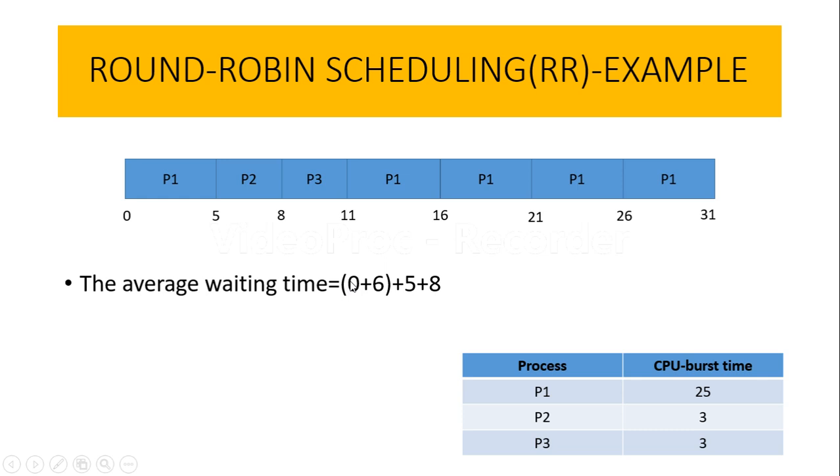Afterwards, till the 11th millisecond P2 was waiting. Till the 11th millisecond means after the 5th millisecond till the 11th millisecond. So what exactly you have to do is 11 minus 5. That's why here I have written 6. So the waiting time for P1 will be 6 milliseconds. So now when you calculate the overall average waiting time for P1, P2, P3, it will be somewhere around 6.3 milliseconds.